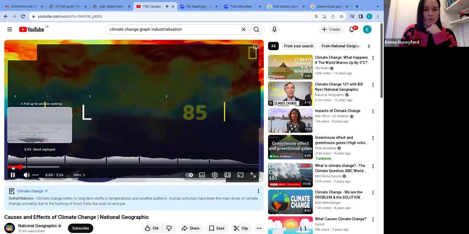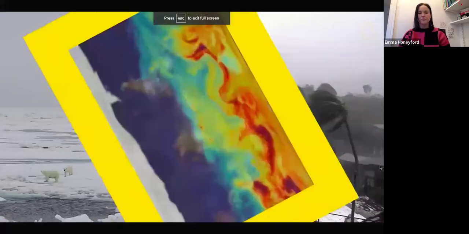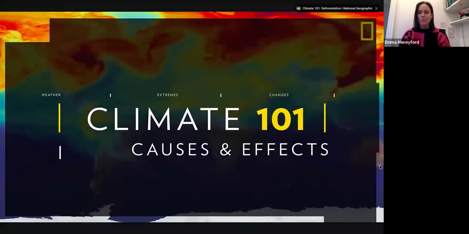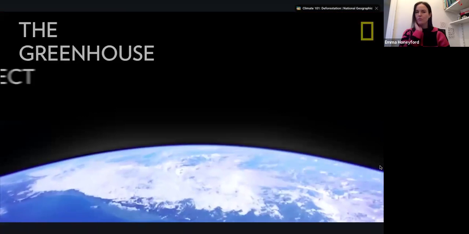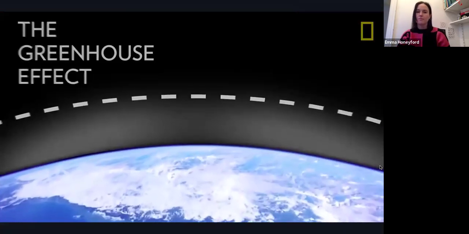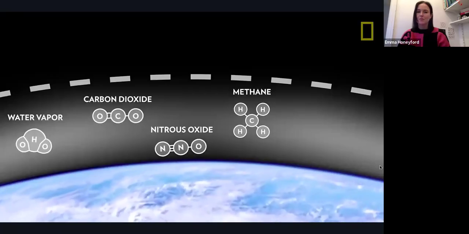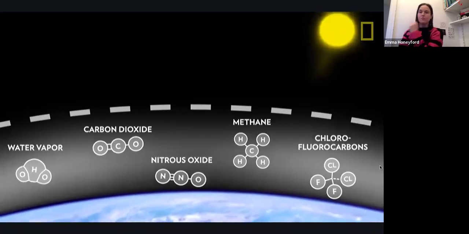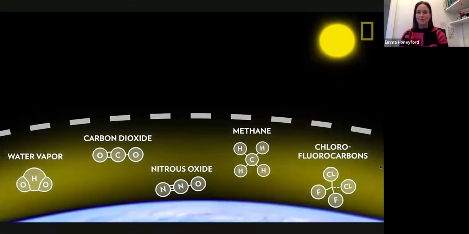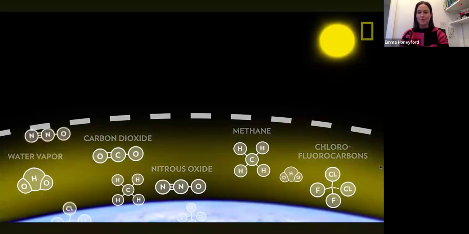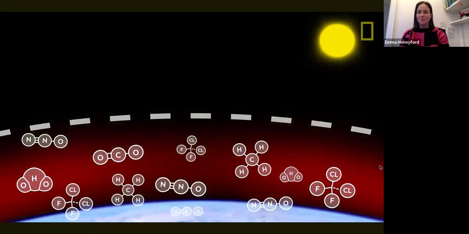Around us are driving up the Earth's temperature and fundamentally changing the world around us. The main cause is a phenomenon known as the greenhouse effect. Gases in the atmosphere, such as water vapor, carbon dioxide, methane, nitrous oxide, and chlorofluorocarbons, let the sun's light in, but keep some of the heat from escaping, like the glass walls of a greenhouse. The more greenhouse gases in the atmosphere, the more heat gets trapped, strengthening the greenhouse effect and increasing the Earth's